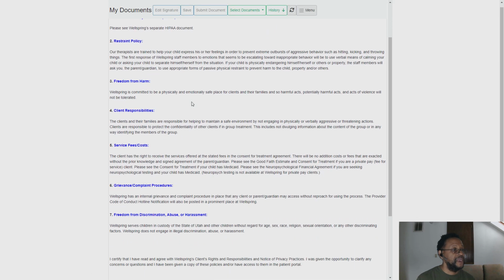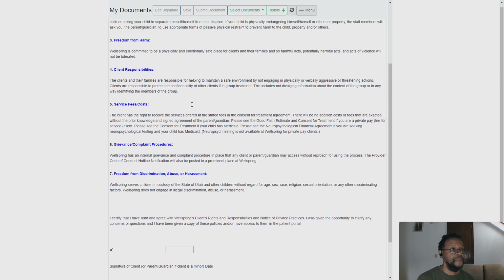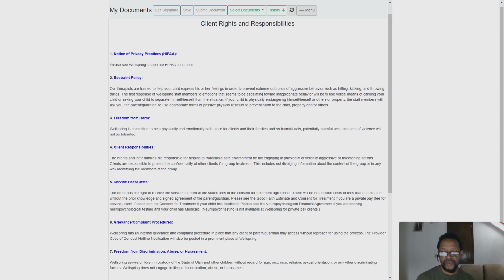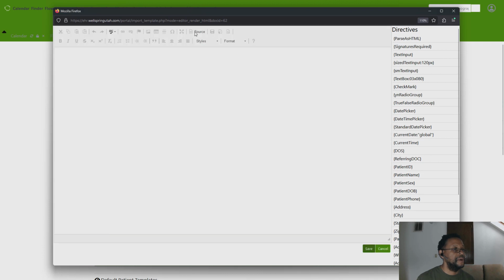So it adds spaces where you don't really want spaces, but it's there and you just have to deal with it. But it still looks decent, okay? That's the thing about it. It still looks decent. So if I go back over here and pull this up, all right, you can see